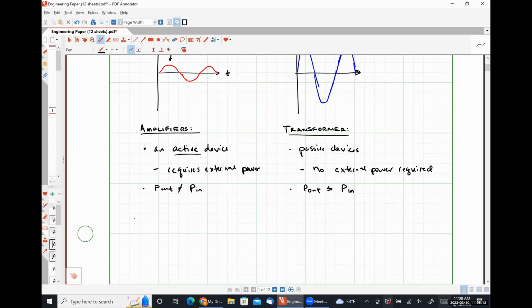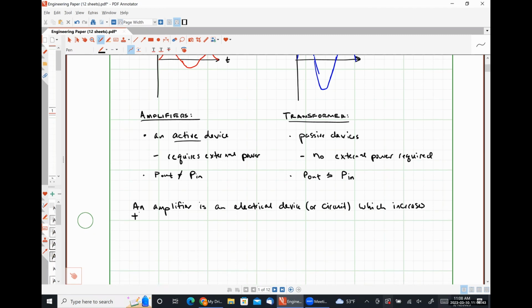So an amplifier, as a simple definition here, is an electrical device or circuit which increases the magnitude of the signal applied